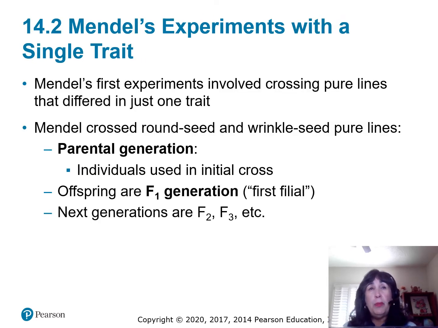We're going to do a Punnett square, and if you are taking a lab class, you know that we're doing them in lab. So on the outside of the Punnett square, you have the parental generation, and then inside of the Punnett square, the inside four squares are the offspring, or the F1, first filial generation.